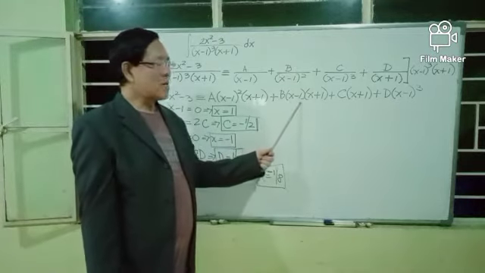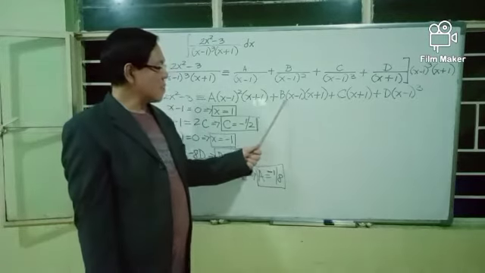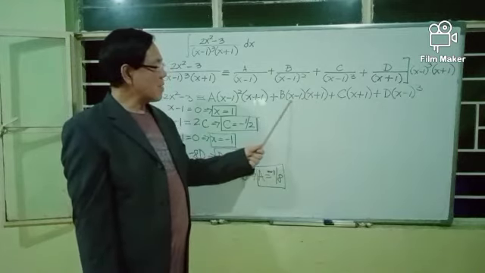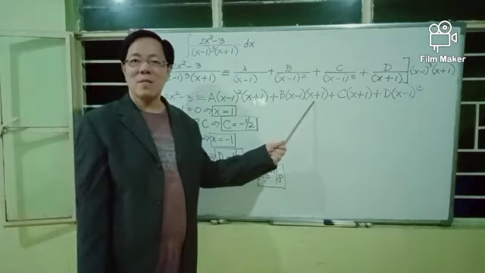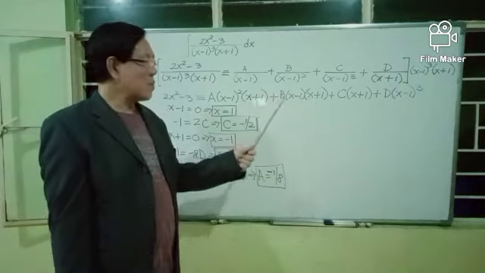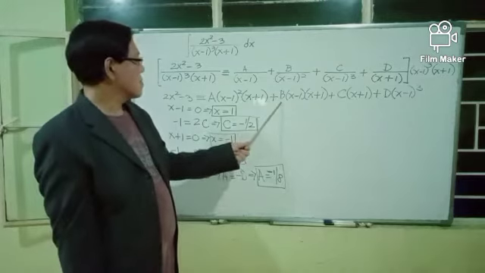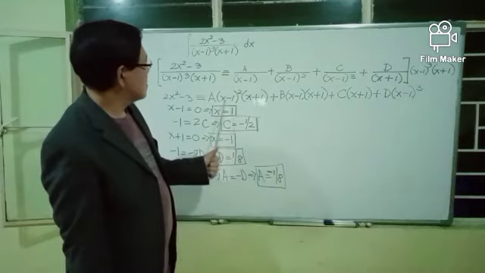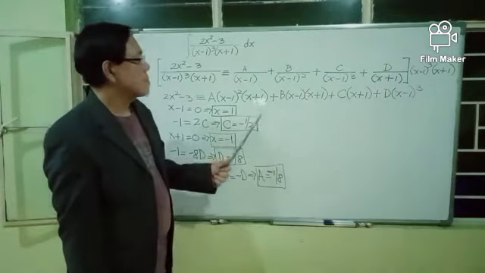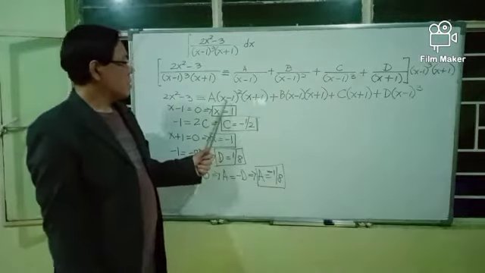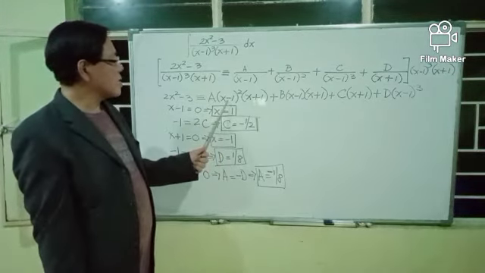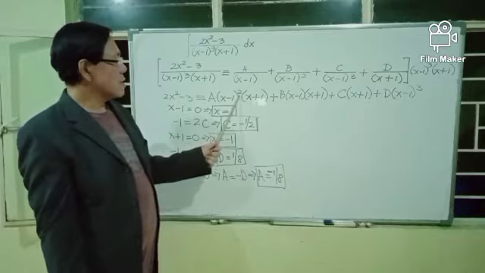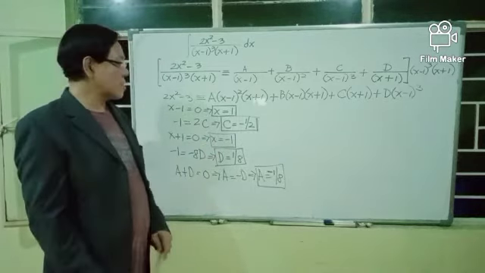Now, the only constant that we have to find now is B. And to find B, we get the coefficient of x squared, because if we expand x minus 1 and x plus 1, this is the product of a sum or difference. X minus 1 times x plus 1 is x squared minus 1. And that x squared multiplied by B, we get Bx squared. And also here we will get a term with x squared. We have x minus 1 squared is x squared minus 2x